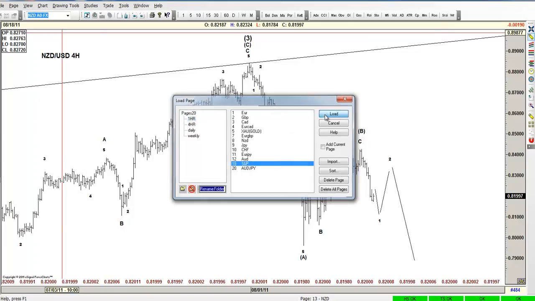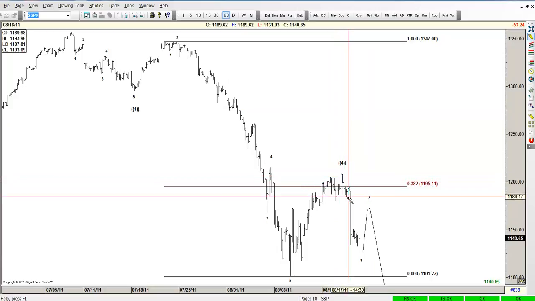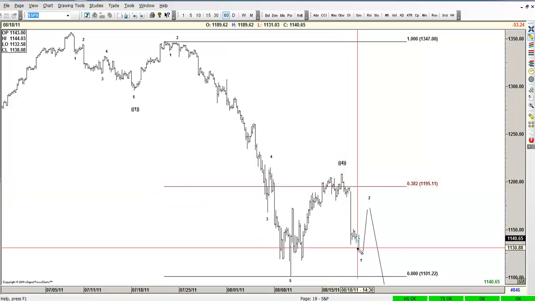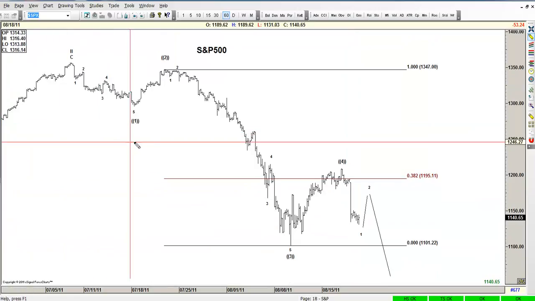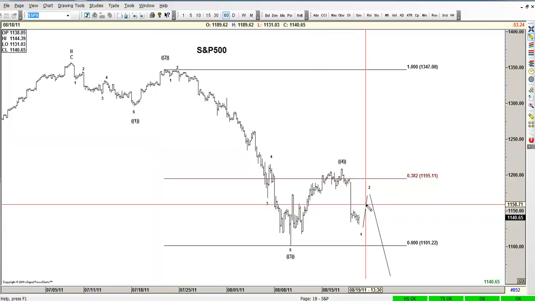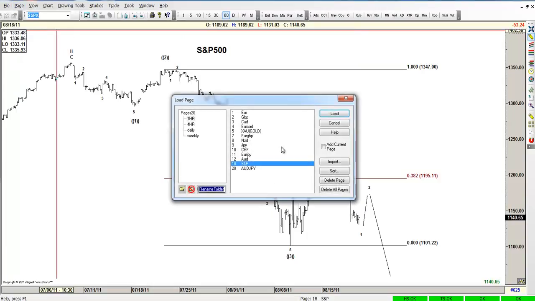The S&P also did a 5-wave decline with a pronounced wave 3. So 1, 2, 3, 4, 5. What we're expecting tomorrow is a risk on trade. What that means is that the dollar is going to get weak later on tomorrow. Now we need a wave 2 with a risk on. The dollar most of the time gets weak, so that's what we're expecting tomorrow in general, guys.